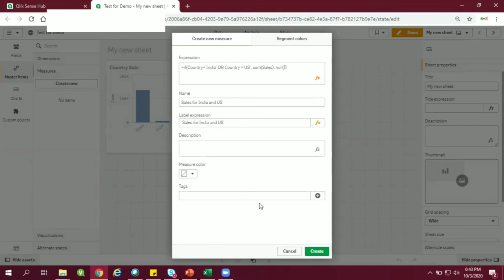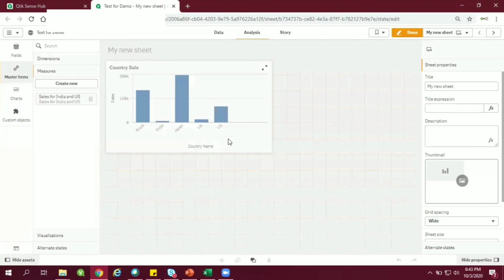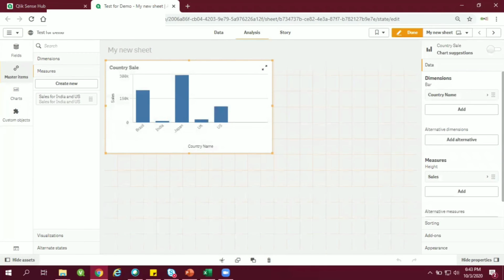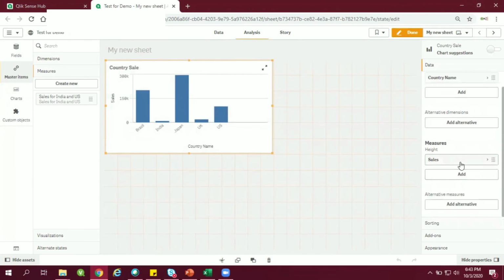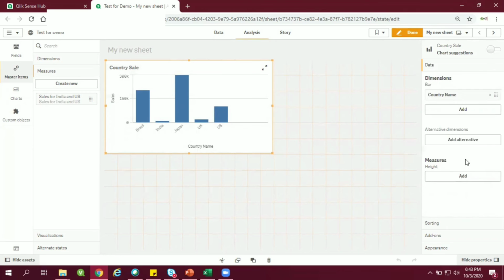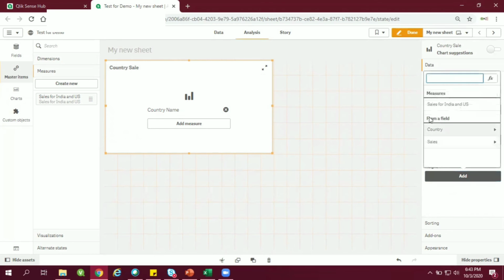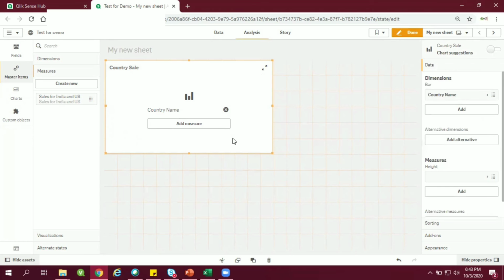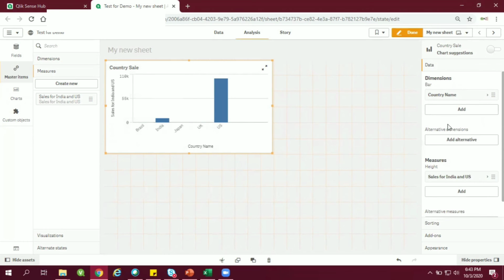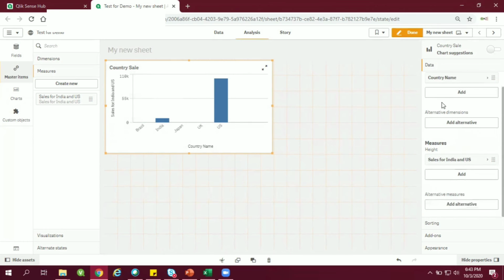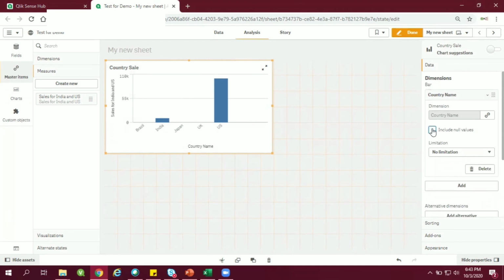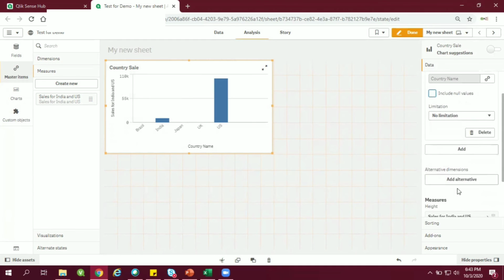Description is not needed. If you want, you can give it. I can put it over here. Okay, and then add it, create it. Now I'm going to pull this particular measure over here. See how it is done. I'll remove the sales from here because I want to add a particular type of sales. I'll give a measure, so you can see the measure is coming over here. I can select that, and yes, there is a null coming over there. What I can do is remove the null from there, exclude the null values.